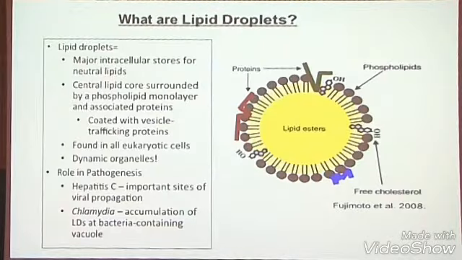If you're like me, the first thing you say is, what is a lipid droplet? I didn't know what a lipid droplet was, but luckily Ellen and Sigu told me. Basically, these are intracellular stores for neutral lipids. They're formed like balls: you put the lipids in the middle, surround them by a phospholipid bilayer around the outside, and you can then accumulate these things and keep them inside cells. They also looked at their suggested role in pathogenesis, because we were seeing them in the Salmonella-affected cells and not other cells. There are some hints in the literature of some organisms involved in this, but there really wasn't very much.